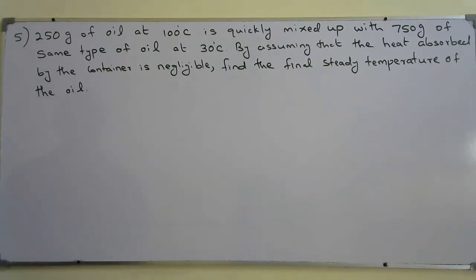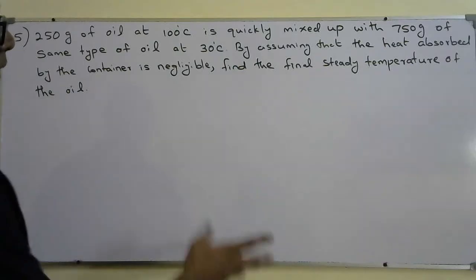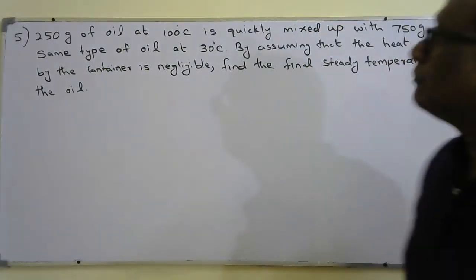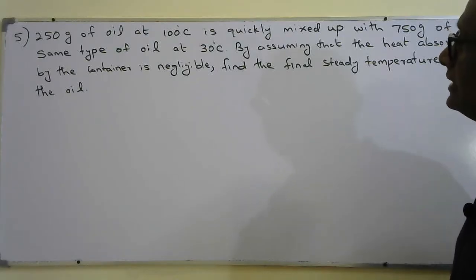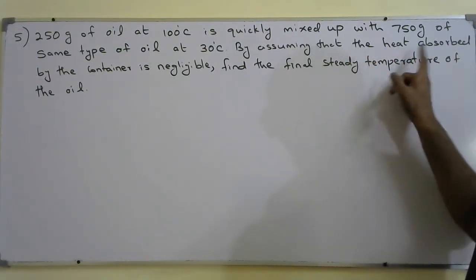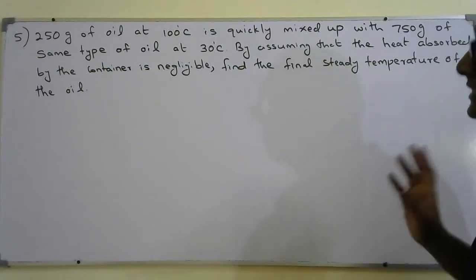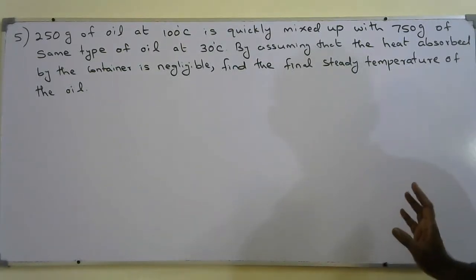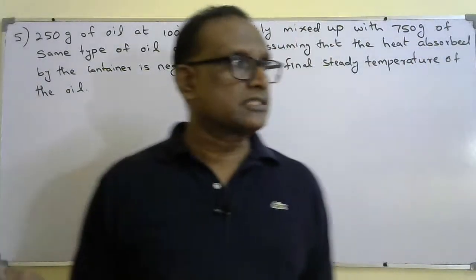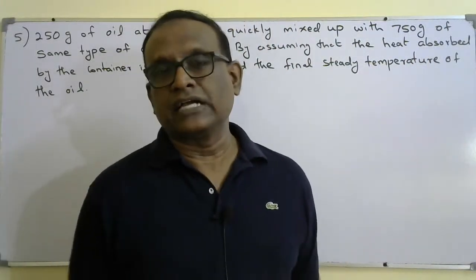Okay, so fifth question: 250 gram of oil at 100 degrees Celsius is quickly mixed with 750 gram of the same type of oil at 30 degrees Celsius. By assuming that the heat absorbed by the container is negligible, find the final steady temperature of the oil. So here anyway we assume there is no heat loss to the surroundings, right? That's the way, otherwise we can't do